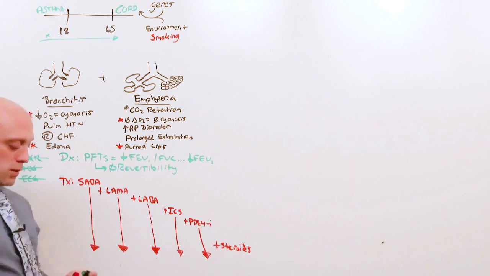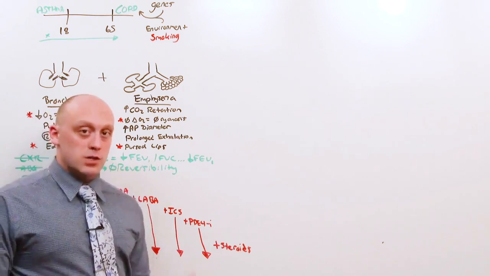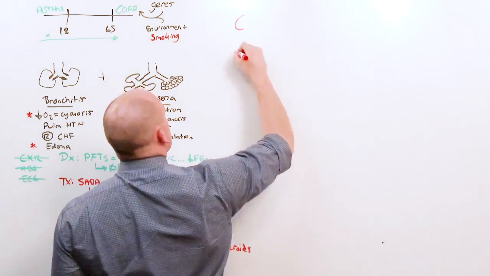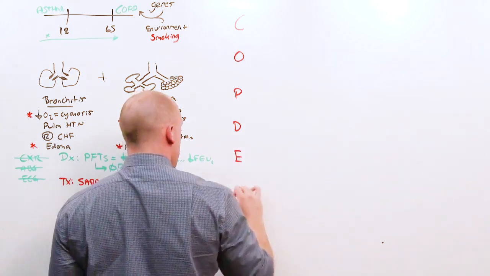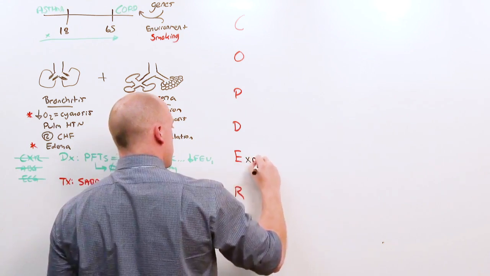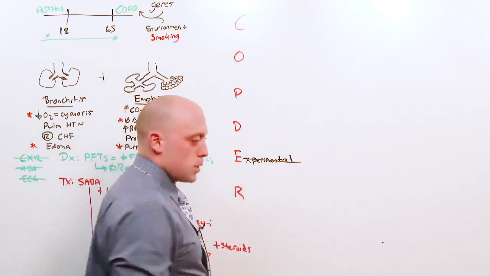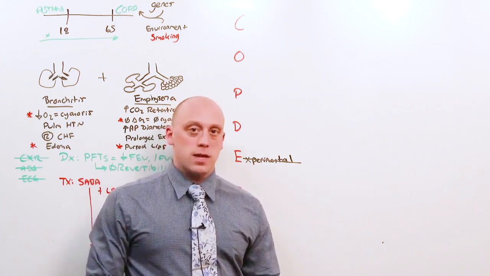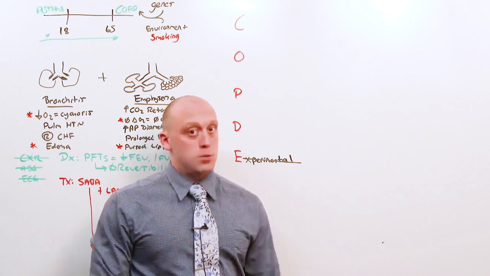Take that framework, let's talk about COPD management on a global scale, which includes medications, and review what I just said there. The mnemonic to remember how to treat someone chronically with COPD is COPDER. Now we're going to take the E first, which is experimental. Basically, it's not working. Some interventional pulmonologists are trying to put valves that are one way to let the CO2 out, let the gas escape. Cool ideas, not something you have to know about. But the rest of them you do.